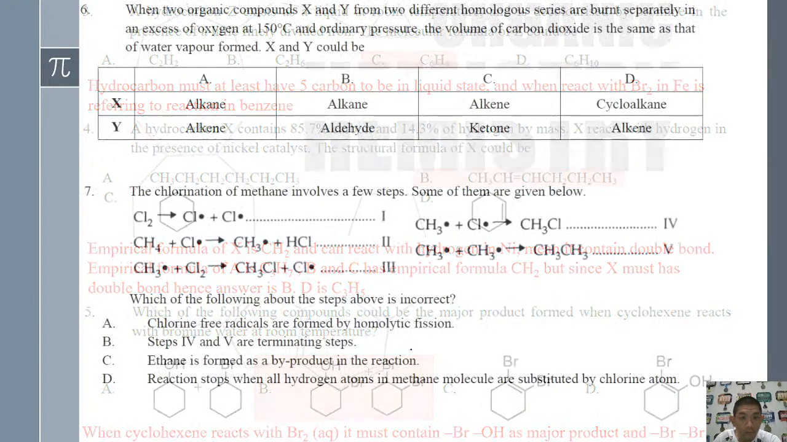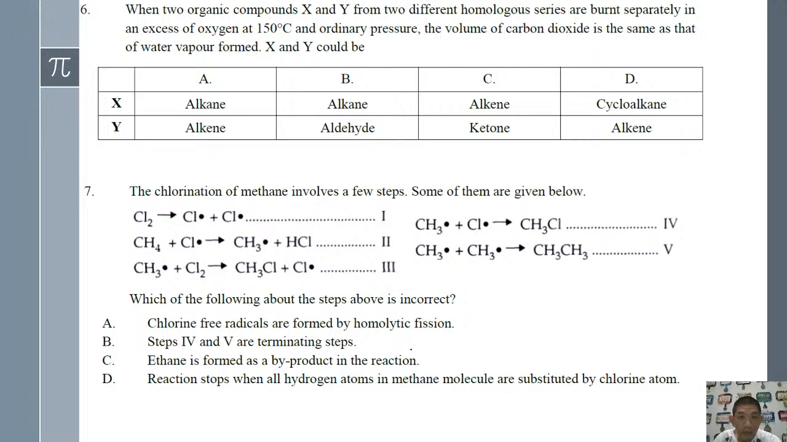Then we go to question number 6. When two organic compounds X and Y form two different homologous series, burned separately in excess oxygen at ordinary pressure, the volume of carbon dioxide is the same as the water vapor. X and Y could be what? In another word, if you want the same volume of carbon dioxide and vapor, it must be